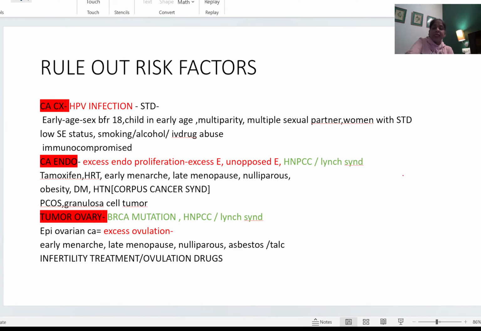Now as a first year resident or as an intern, you will rule out the risk factors. What are the risk factors of CA cervix? CA cervix is caused by HPV, and HPV is transmitted